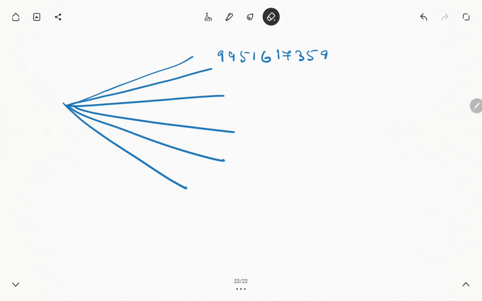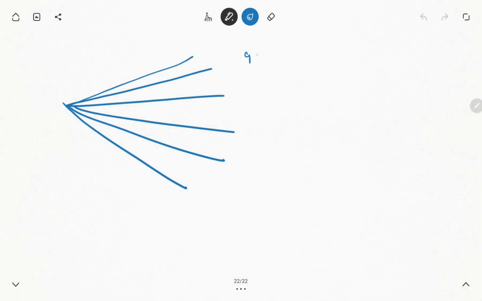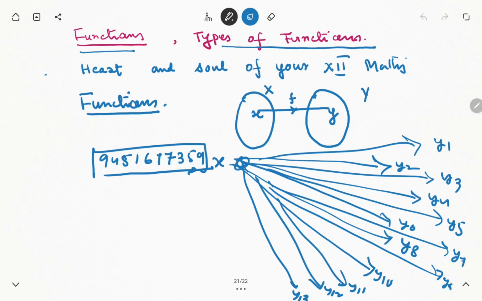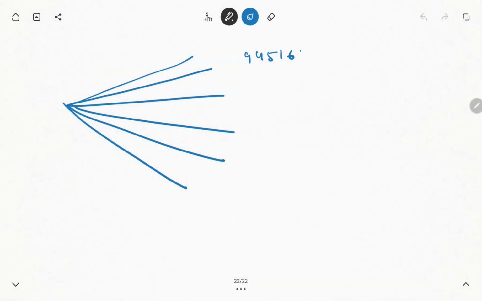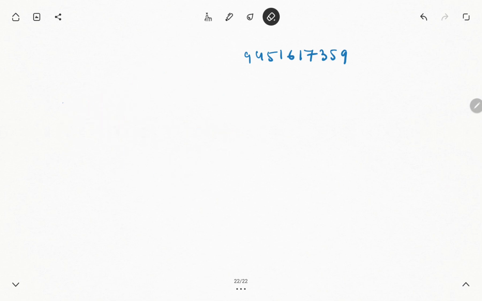Sorry, this will be 94516, and then 17359. This number, 17359, is related to